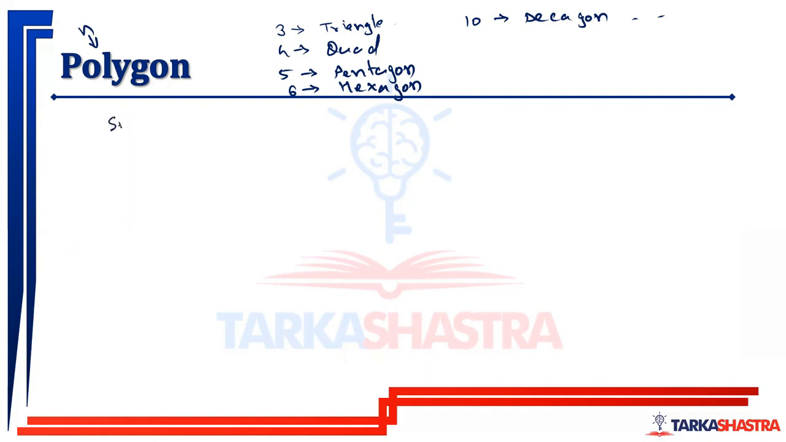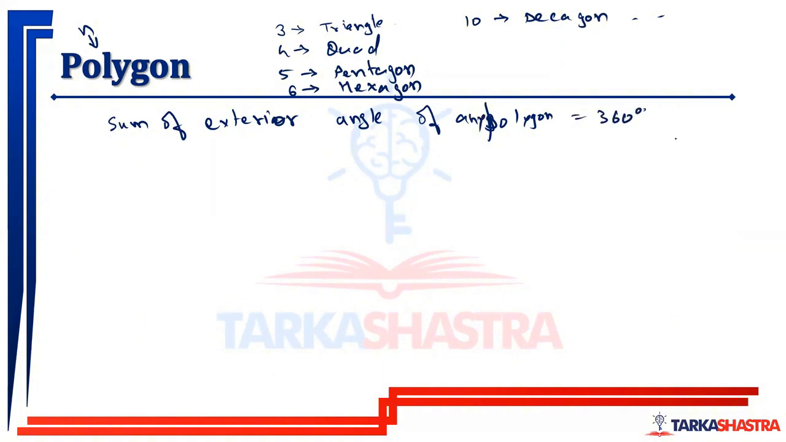Sum of exterior angles of a polygon. Sum of exterior angle of any polygon is equal to 360 degrees. ठीक है, देख लो, कोई भी पॉलीगॉन ले लो। ये सम ऑफ एक्सटीरियर एंगल, एंगल 1, एंगल 2, ये एंगल 3, ये एंगल 4, ये एंगल 5, ये एंगल 6। सम ऑफ एक्सटीरियर एंगल ऑफ एनी पॉलीगॉन इज 360 डिग्रीज। ठीक है ना। अगर आप अज्यूम करोगे